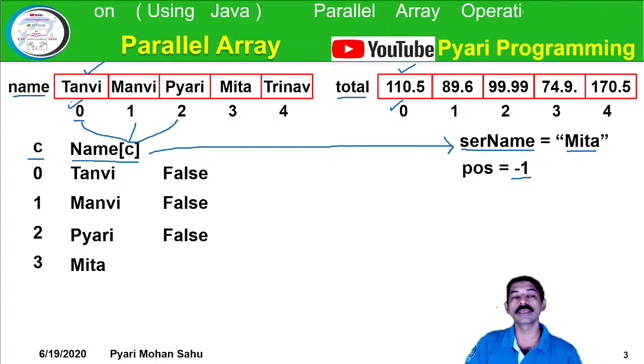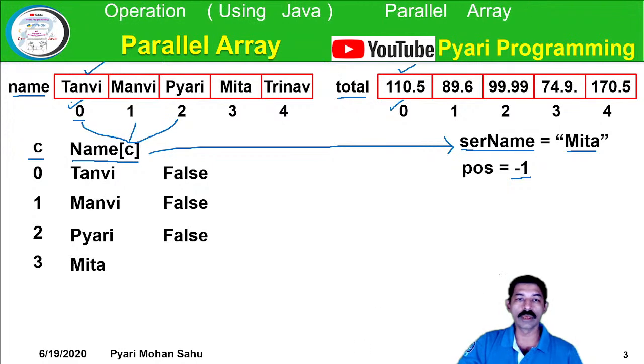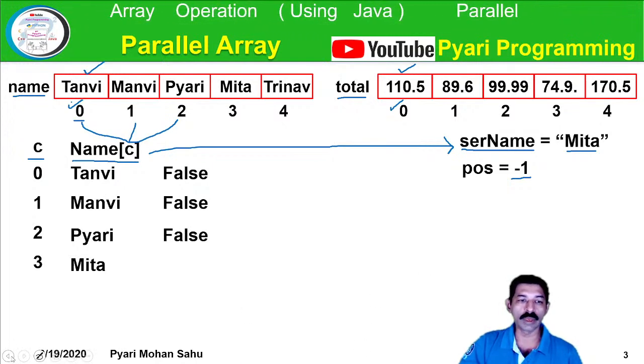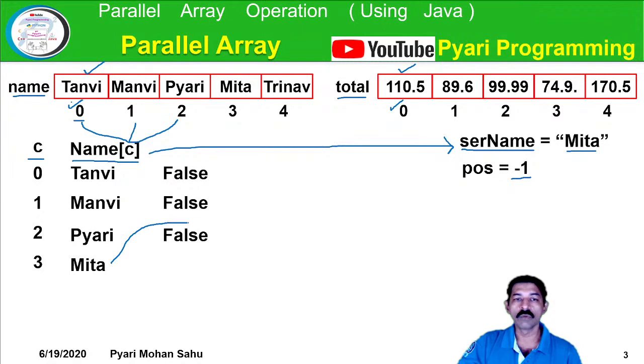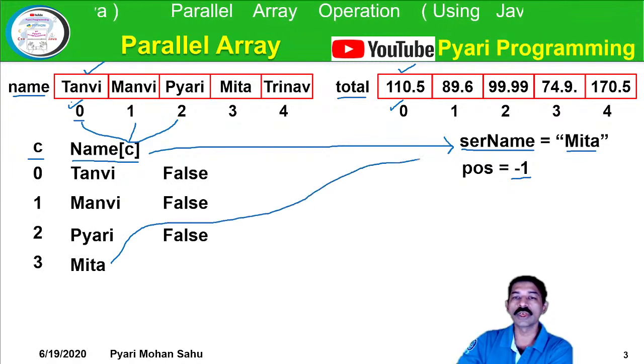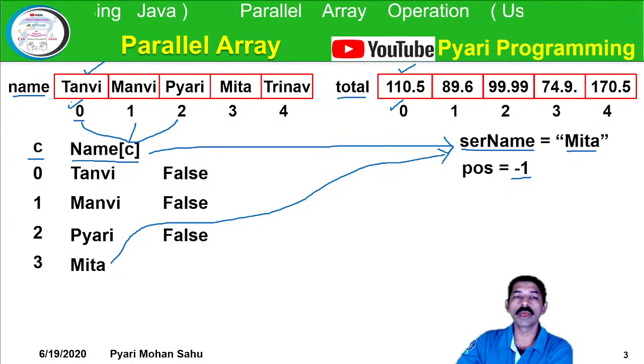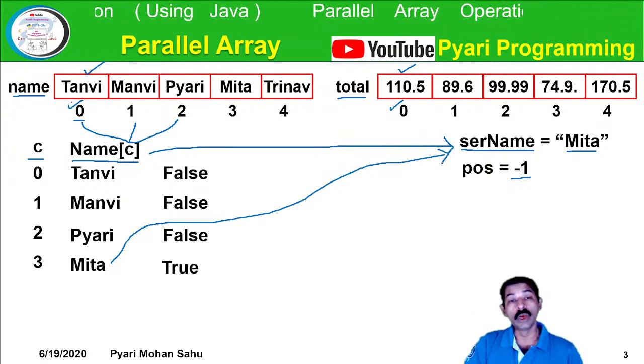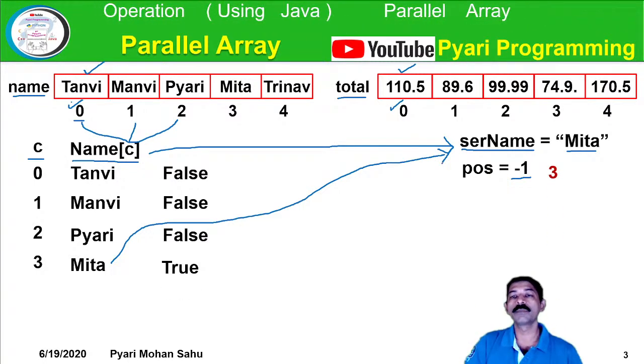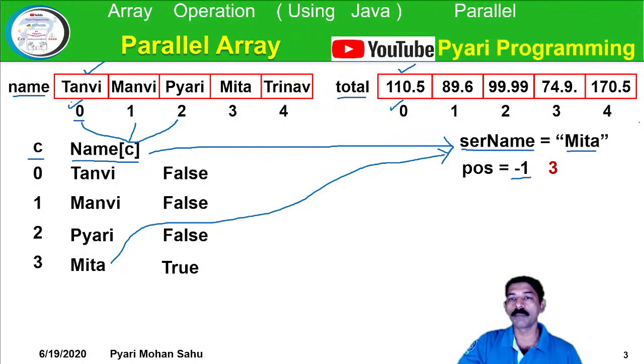Now I will move to the next index position 3. Name of 3 contains Mita. Now look at this over here. This Mita, that is the current name, is equivalent to your searching name. Both are equal, so that's why it is true. If it is true, I will update the position. Now instead of -1, I will make it 3,